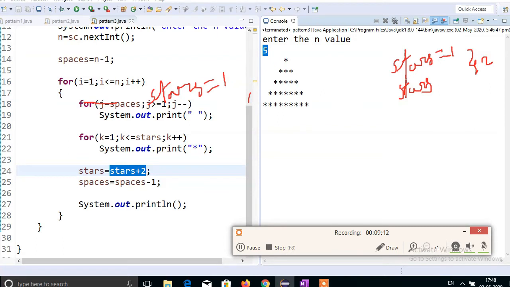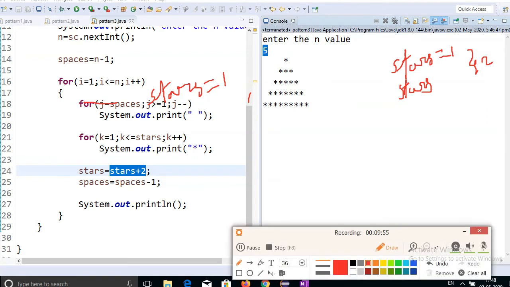So for 5 iterations, every time it will be incremented by 2, and the value is stored in the stars variable. 1 plus 2, now stars equal to 3. So here 3 stars are printed.